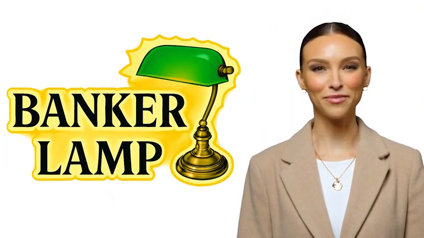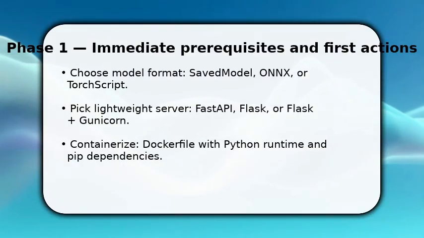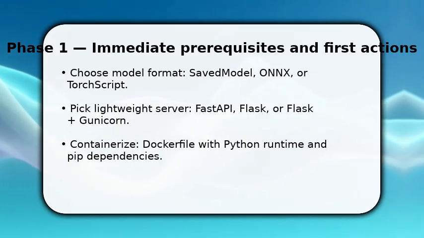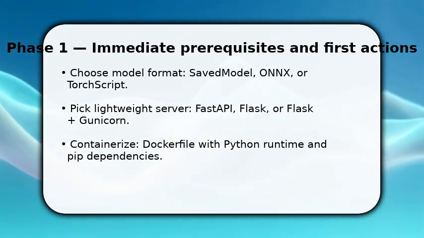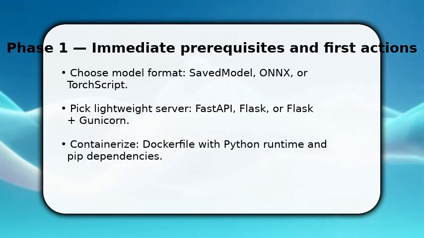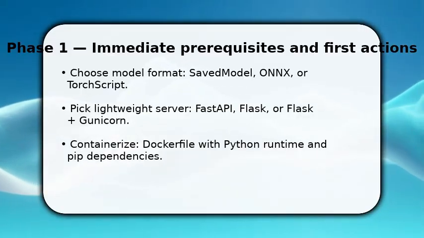Please enjoy the video. You start by packaging the trained model into a deployable format. This matters because the server must load it quickly. Once done, pick a minimal web framework like FastAPI for async endpoints. This reduces latency. Make sure to create a Dockerfile that installs runtime dependencies and copies the model artifact into